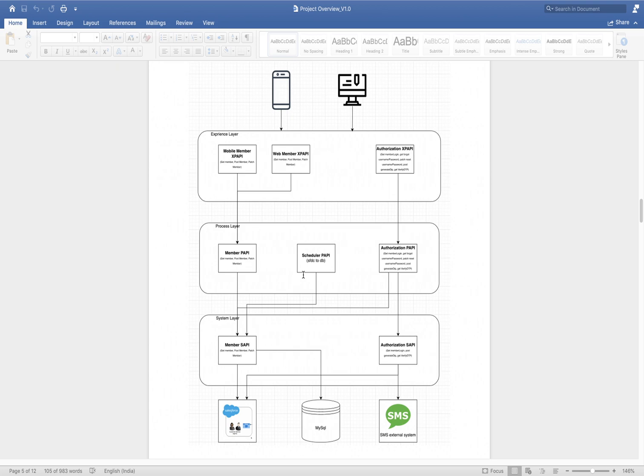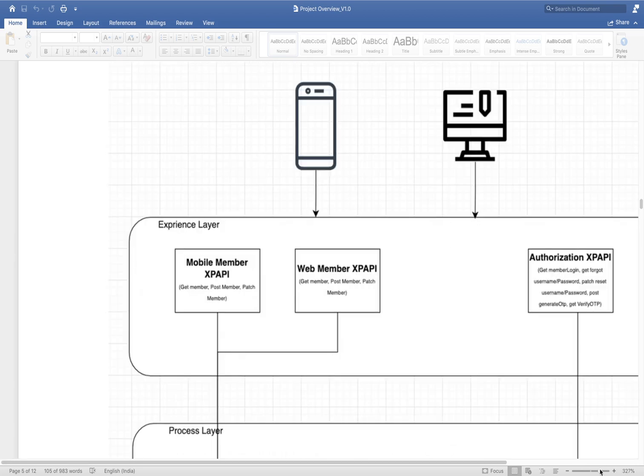No. So here you can see we have these Mule applications. In the experience layer we will have 3, in the process layer we will have 3, and in the system layer we will have 2. So in total we are going to develop 8 applications. Let me maximize this.